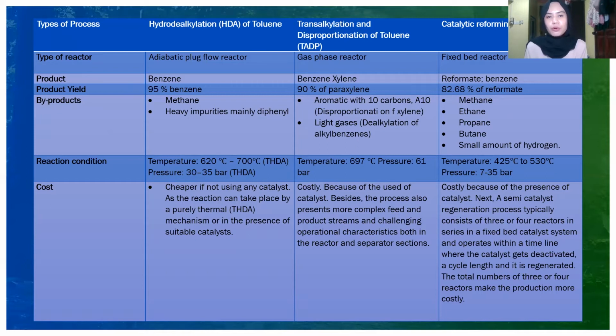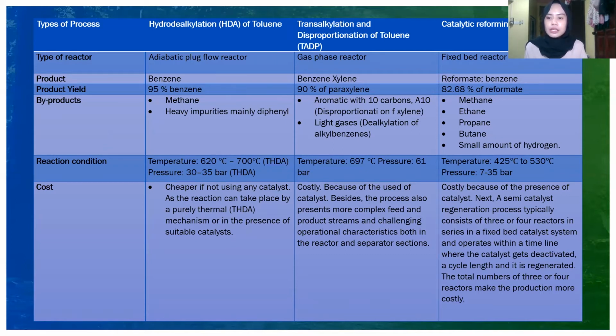The cost needed to produce the product is one of the most important criteria, as we need to consider the cost to produce the benzene, and make sure that we use a low cost process. HDA is cheaper if it's not using any catalyst, as the reaction can take place by a purely thermal mechanism or in the presence of suitable catalyst. For the TADP, it is costly because of the use of catalyst. Besides, the process also presents more complex feed and product streams and challenging operational characteristics both in the reactor and separator section. The catalytic reforming is also one of the most costly